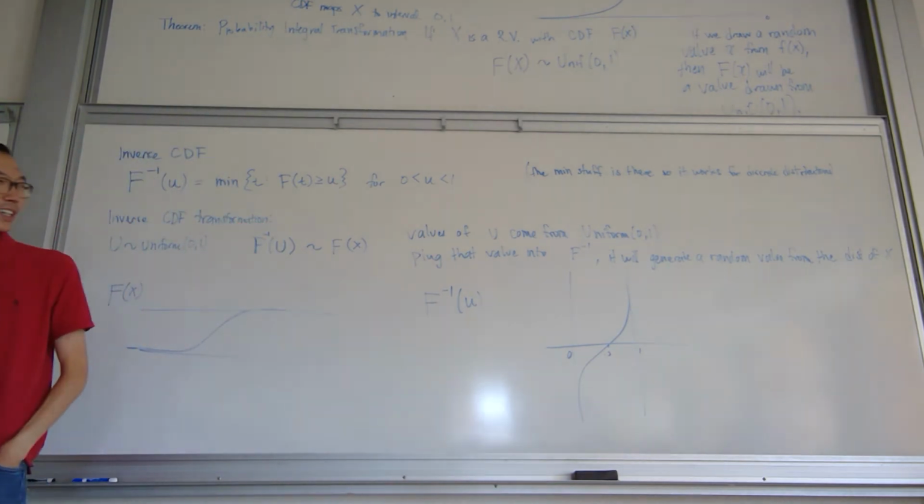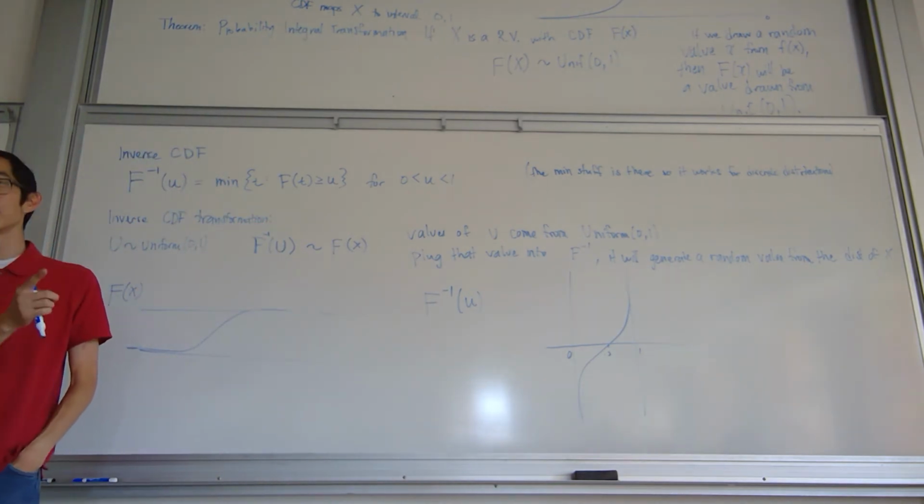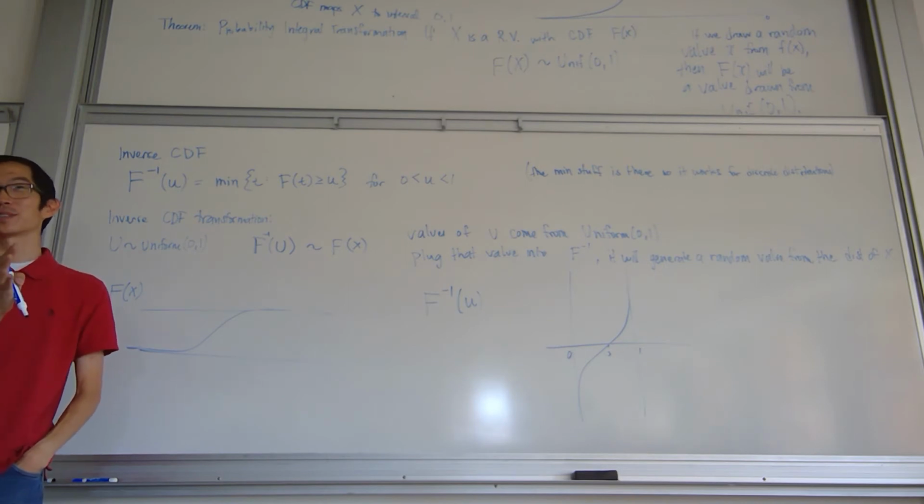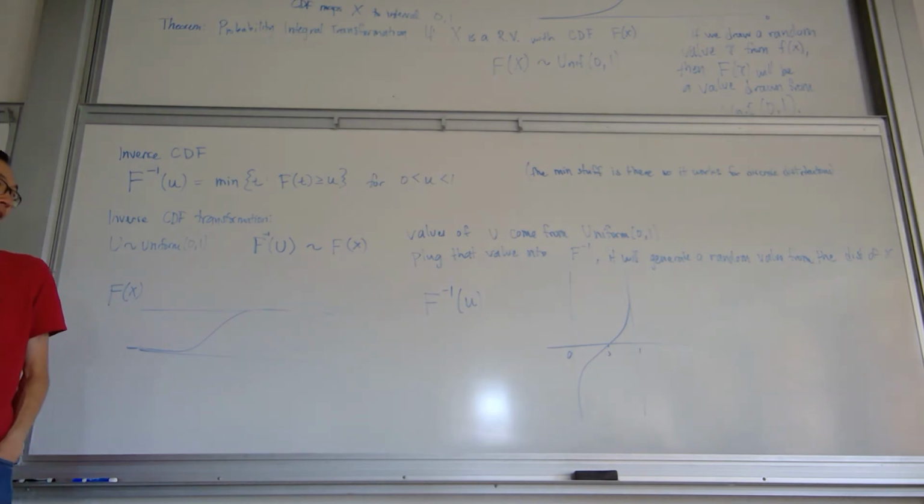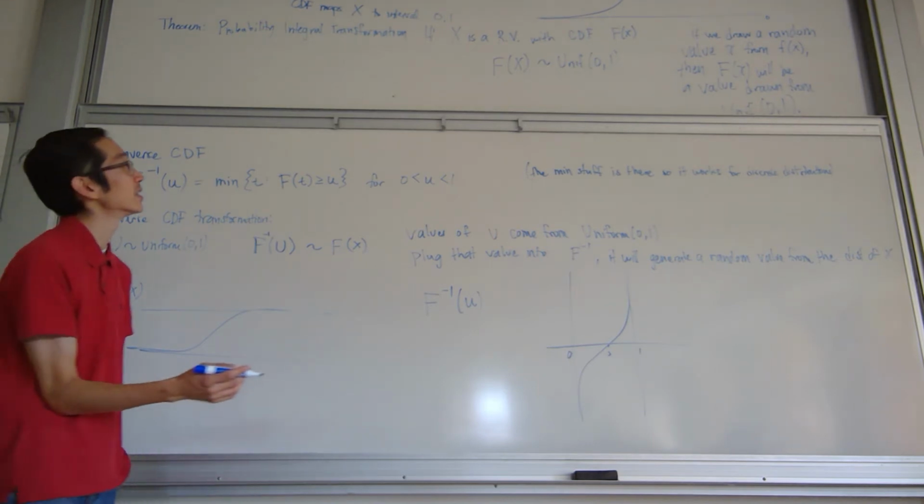There's dnorm, and pnorm, and qnorm, and rnorm. You guys know this? Do you have your laptops? If you have your laptop, you can try messing with R. You guys have used those functions, right? Or no? Okay, so dnorm